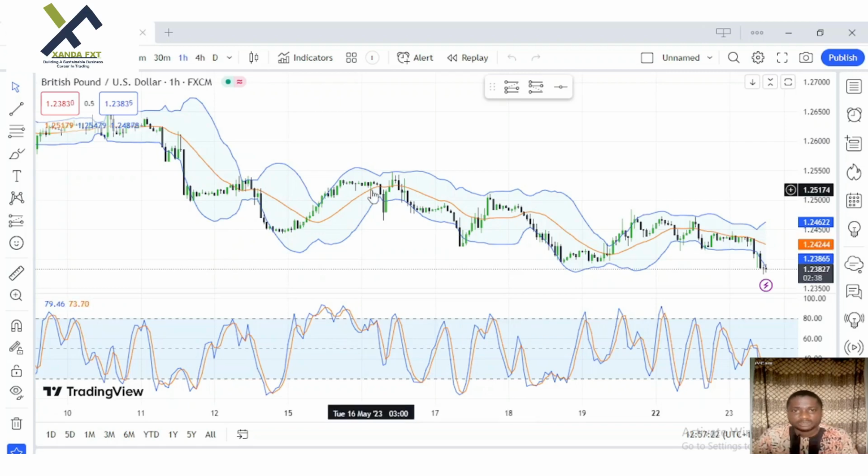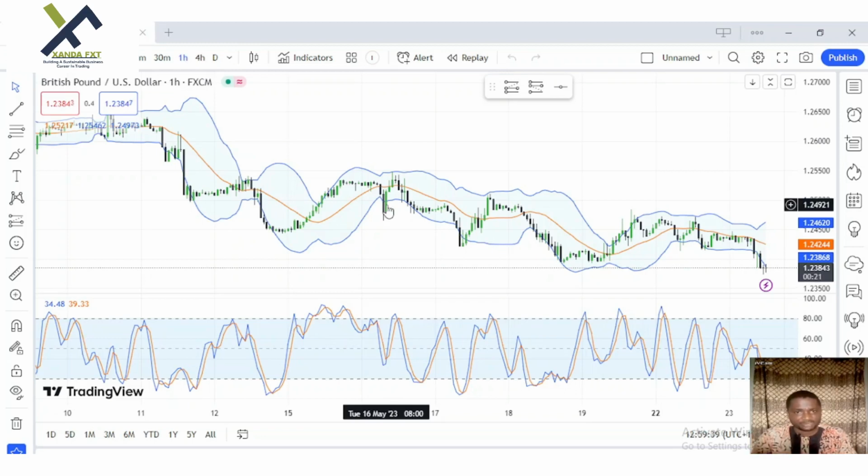When you are trading using Bollinger Band indicator, I want you to always pay attention to the middle band, which is the 20 moving average. The middle band helps you to determine what is going on in the market. The upper band and the lower band give you the pullback decision. Is this market going to pull back and return again, or is this market going to continue? So you pay close attention to this when you are trading Bollinger Band. Let's go into the chart as I show you how I use the Bollinger Band to make my entry and my exit decision.